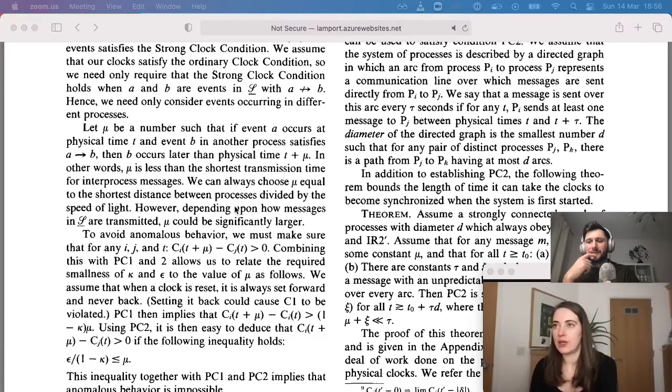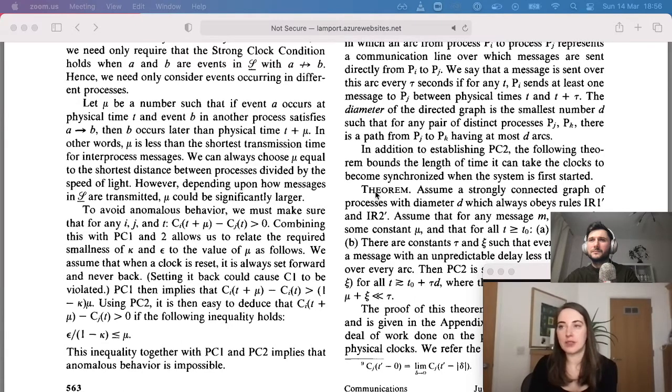I think so. I haven't gotten into the nitty-gritty of this demonstration, but roughly it proves that the anomalous behavior is impossible. So having problems with messages isn't going to happen. So it definitely relies on these conditions that it has on the strong clock, and to